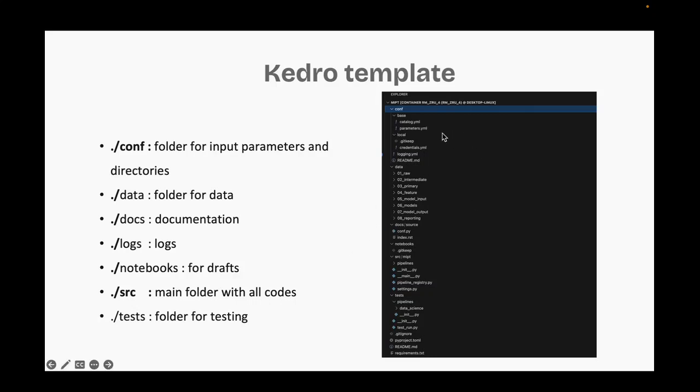Let's take a closer look at the key folders. The key folders are conf and SRC. The first one, conf, contains two subfolders, base and local. The local folder stores local environment configurations, and base stores the data catalog, where we define dataset names, storage paths, and loading